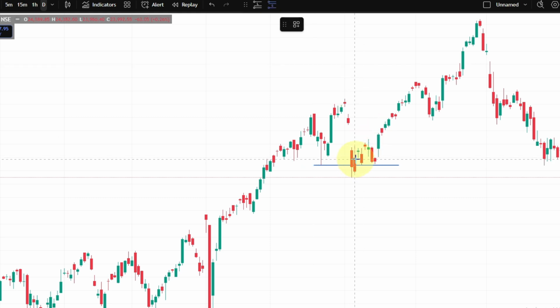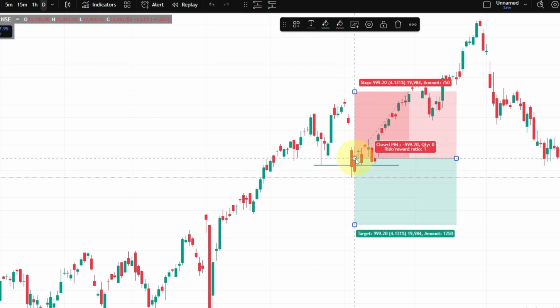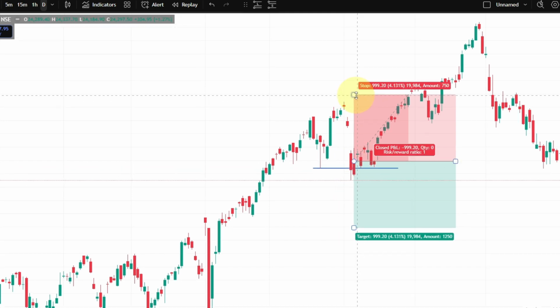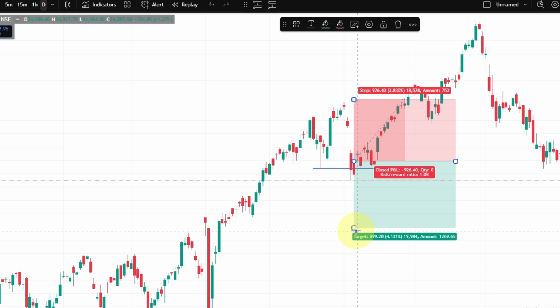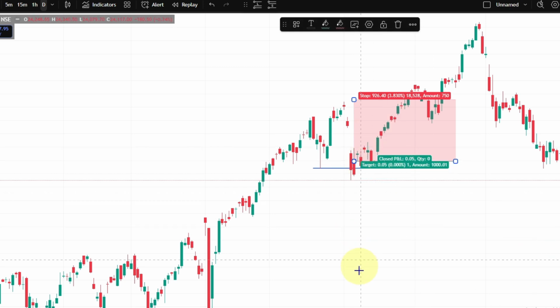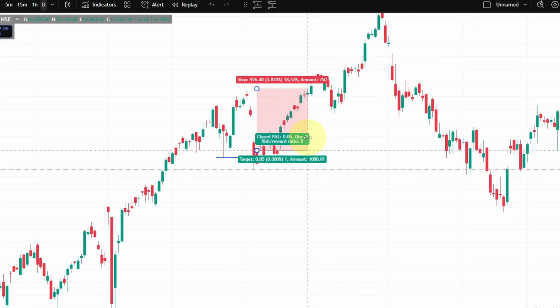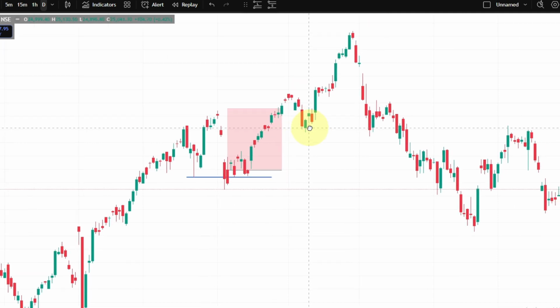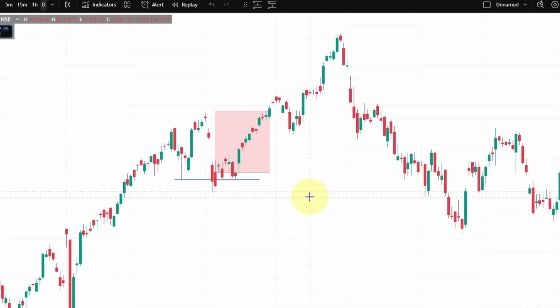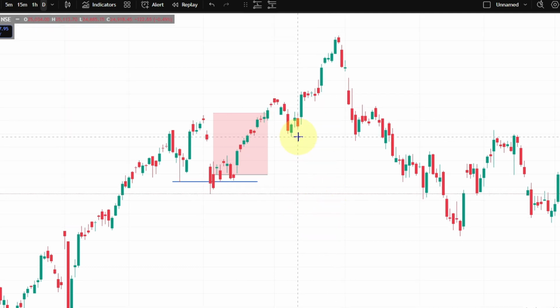Here, the market opened above this trend line, so we are going to take the trade here. Our stop loss will be our previous swing high, like this, and we will aim for 1:3, but our stop loss got triggered. But nothing to worry about, we are taking 1:3. So if three of our trades go wrong, one trade will make up for or recover all of our losses. So we don't need to worry about anything.